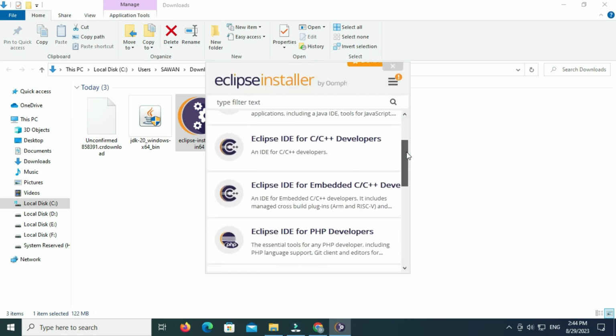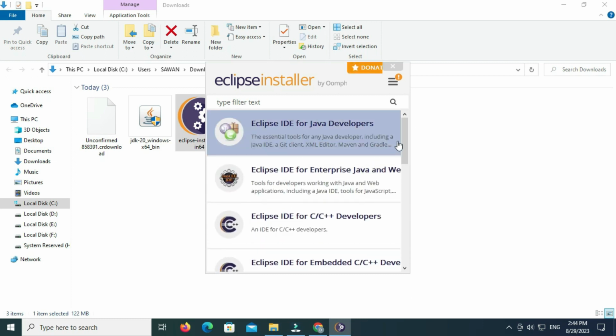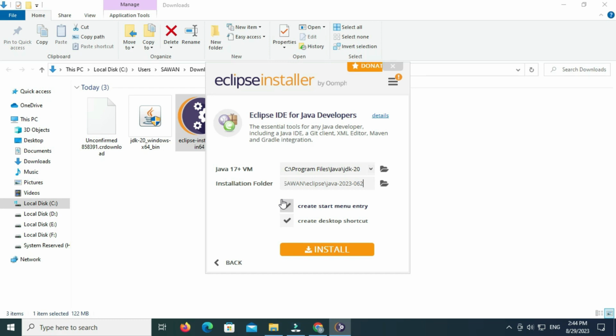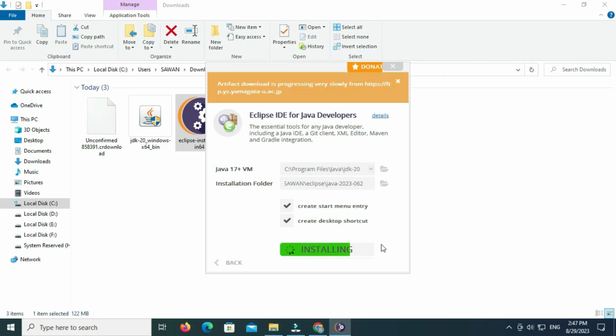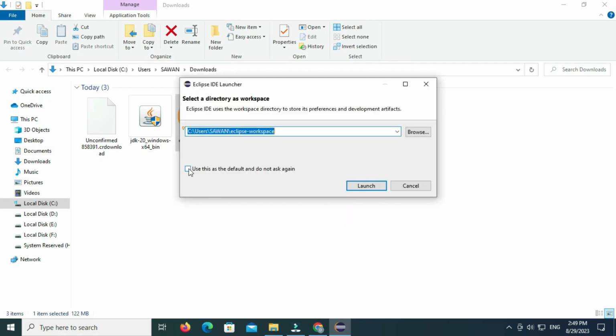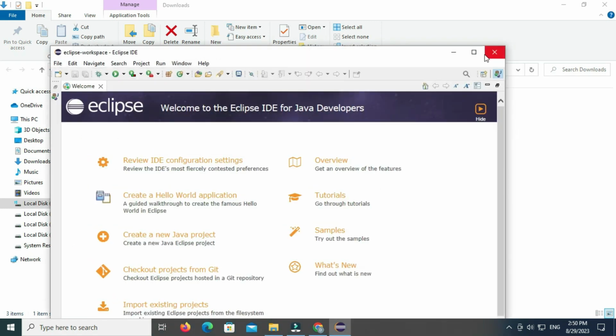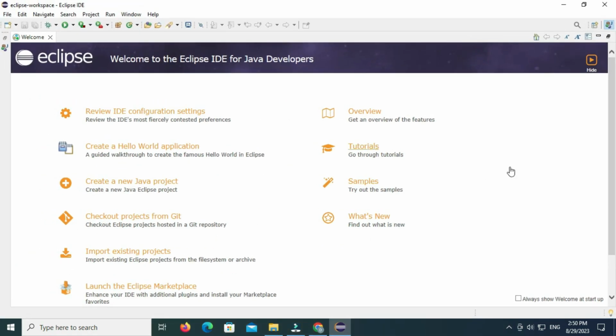Many options are given here for Java developer, C and C++ developer, PHP developer, etc. Then you have to select Java developer. Leave it as it is by default and then click on install. Click on launch, select checkbox and again click on launch. Maximize. Welcome to the Eclipse IDE for Java developer. That means Eclipse installation process is completed